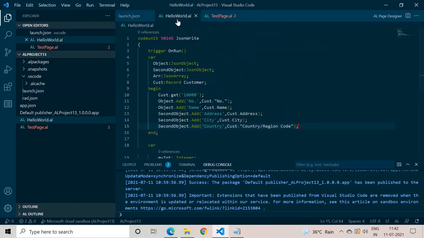In the same manner, I want an address category, or correspondence category, under which I want to define all these second object's data as an array. We know that we have already defined one array object here, so let's make use of it.